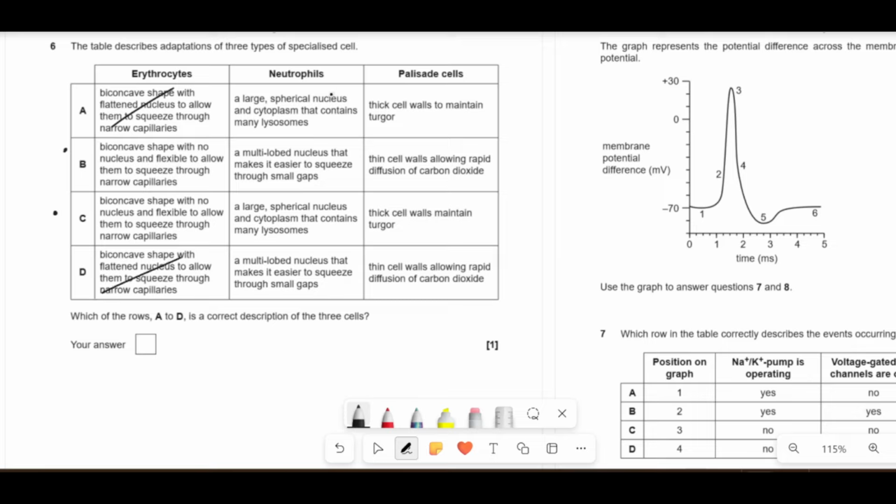So then neutrophils, large spherical nucleus. Nope, because neutrophils have multi-lobed nuclei, so that one's out. Large spherical nucleus, that one's also out. So it must mean that it is B. And there you go. Even if we went further, the multi-lobed nucleus does let them squeeze through smaller